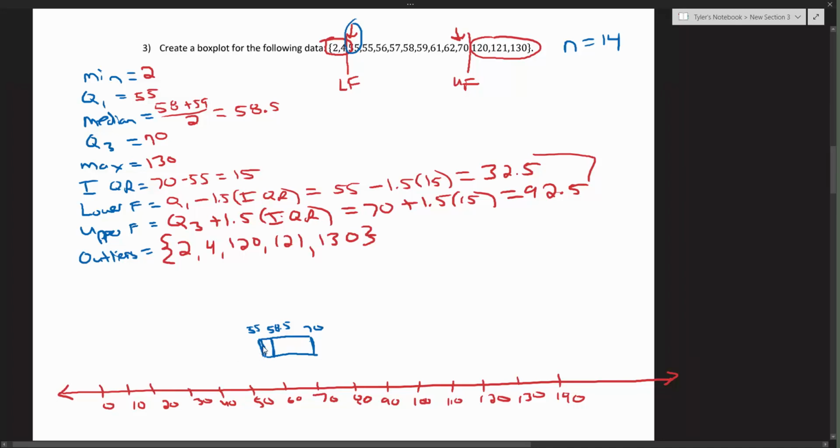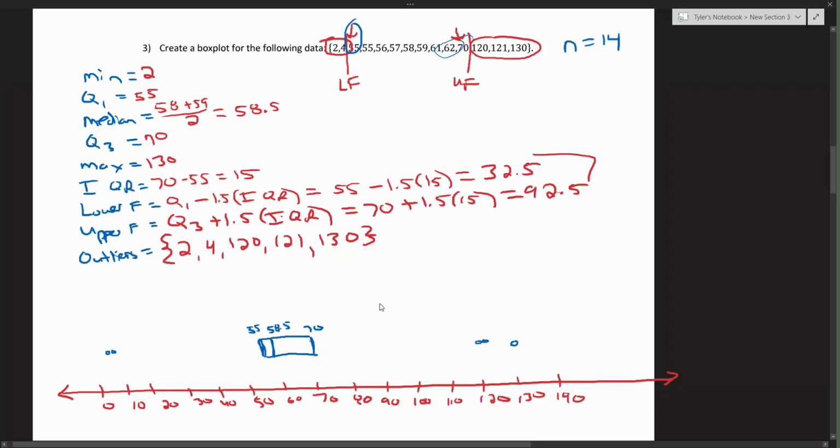And then the right whisker would go from 70 to 70, which has a distance of 0, right? Because 70 is the biggest number here that's not an outlier. So the right whisker is not going to show up either. So then now I just need to draw my circles to represent my outliers. So we would have one at 2, 4, 120, 121, and then 130. So there's the box plot for this data set,